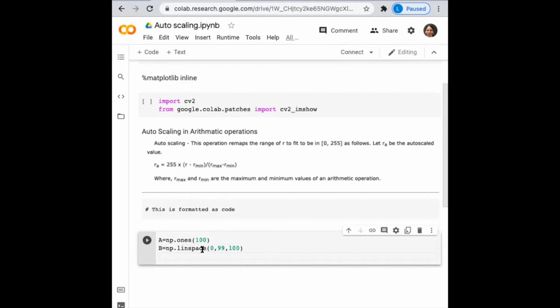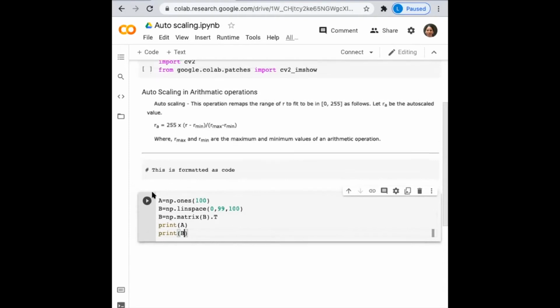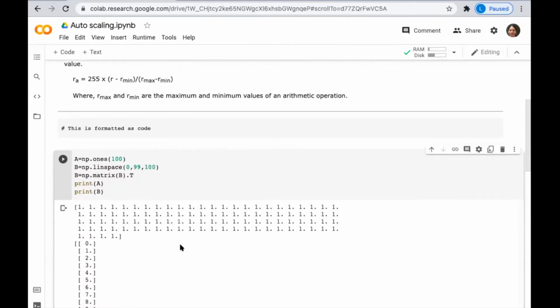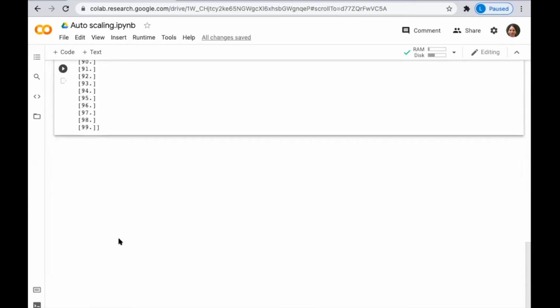So we will make the transpose for B. For doing that, I will do np dot matrix B dot T. So let us print A and print B to see what we got as A and B. So we have printed, this is one row with 100 elements, all ones, and these are 100 rows with elements from 0 to 99.